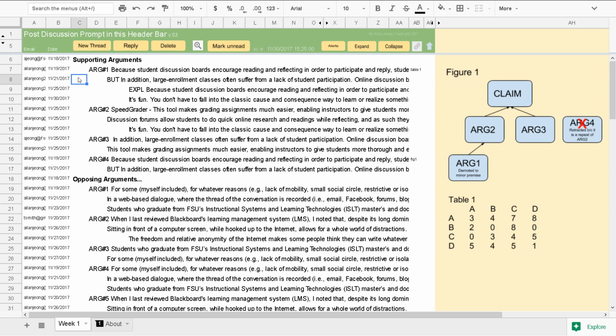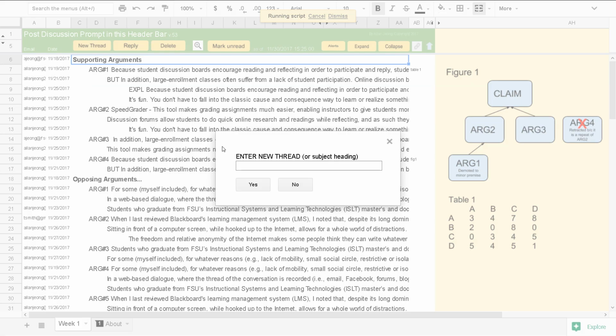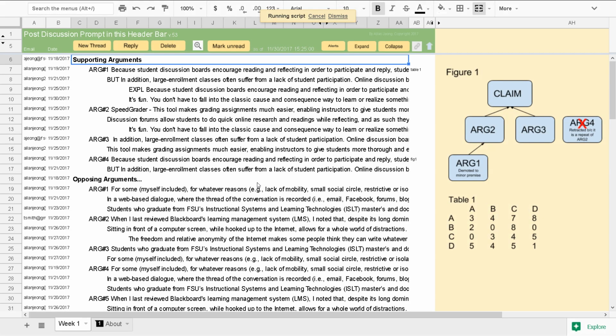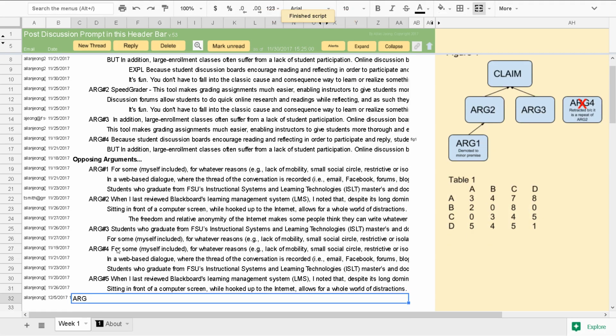Jeong, and this is a discussion forum that I created in Google Spreadsheet using Apps Script. It's got all the basic functions. For example, I want to start a new thread. Click New Thread, then you enter the title, click Yes, and the thread is appended to the end of the